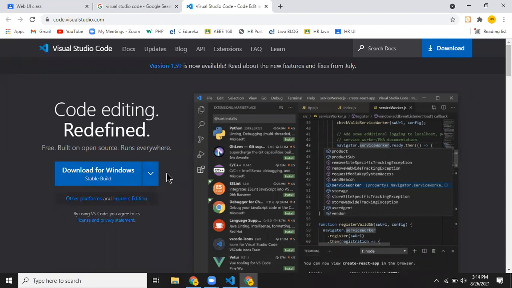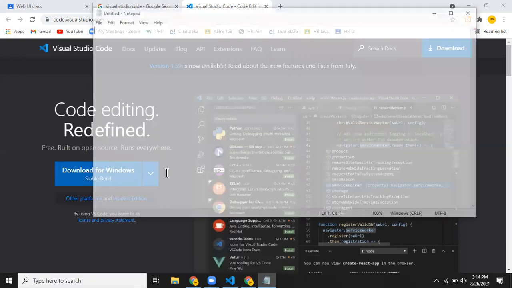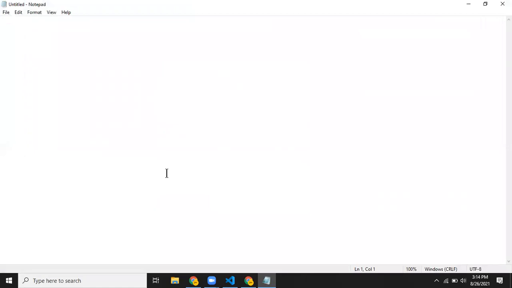The OS, the operating system, can be selected and you can download it. Now let us say that I don't want to work with Visual Studio Code. Then a simple thing you can do is use Notepad, which is available with your system. Once I install the Windows operating system, this simple text editor, Notepad, is available on your machine. Select this one and it opens a screen where you can start typing your program and all that.